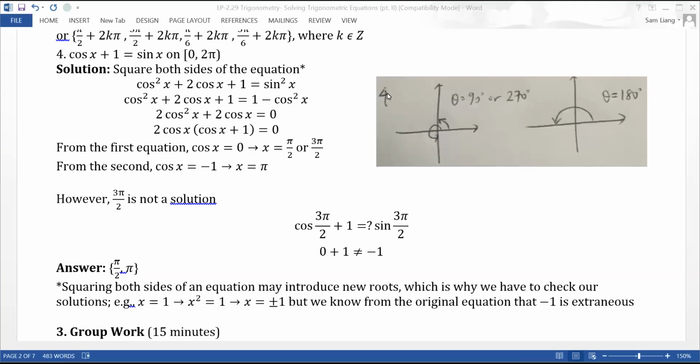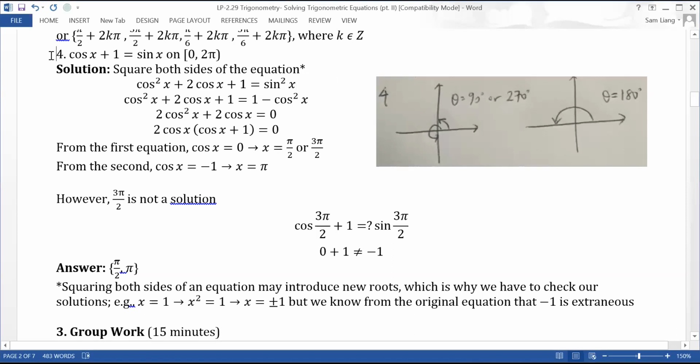Once again, as I said yesterday, we're going to continue with this lesson, the second part of solving trig equations. So in this lesson, we focus on solving trig equations with identities and factoring. We're just going to finish off the problems that were in that lesson, starting with question